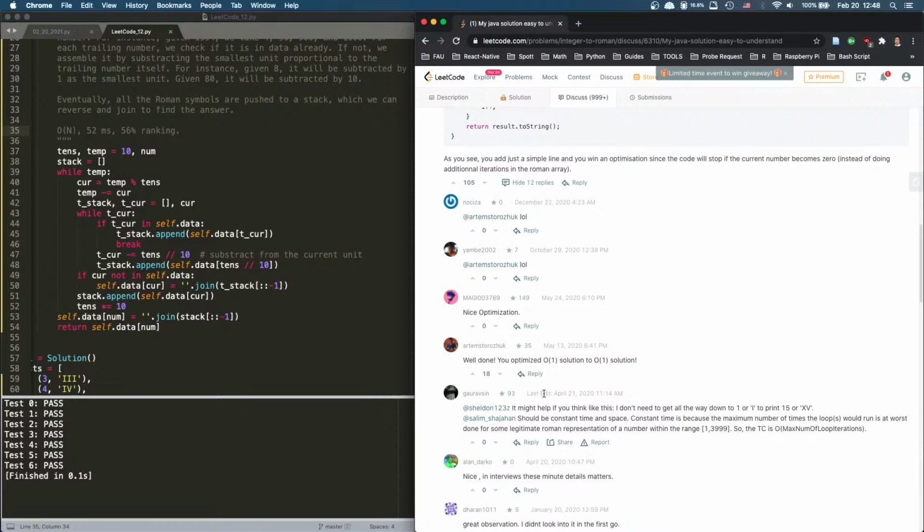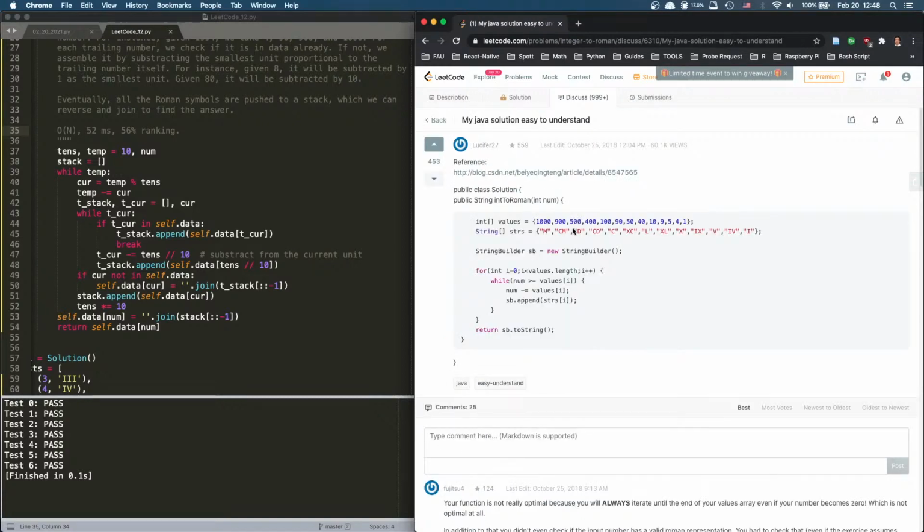You optimize O(1) to O(1). Oh, that is the way to go. Okay, I accept it. I'm thinking way too complicated. Yes, it goes from front to the back. Because you're given a number, you're always trying to minus the biggest. And then when you take away all the biggest, you go for the second biggest. And every time when you do it,